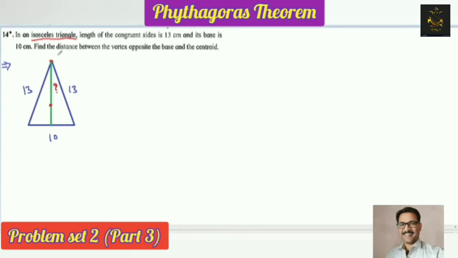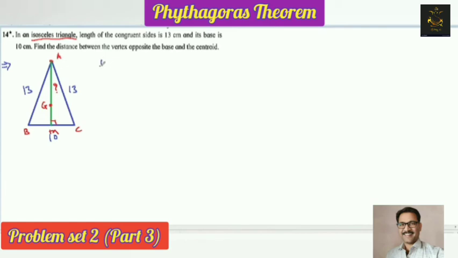So I'll take the names here. First I'll write here, ABC is an isosceles triangle in which AM is perpendicular. And I'll write here, suppose G is the centroid, and we are going to find that AG here. Look here how we are going to solve this one. First of all, we can find this AM. In this particular isosceles triangle, we'll solve that one.